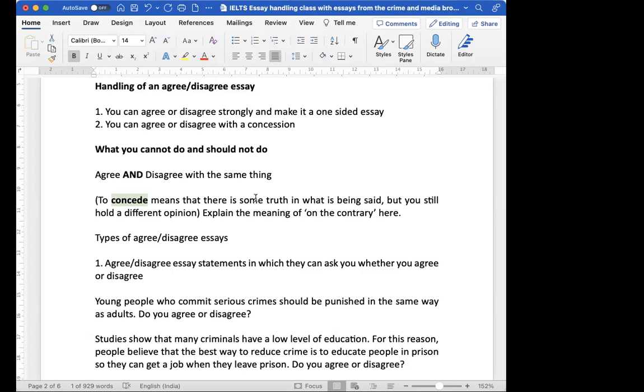Ma'am, in this type of essay, in one paragraph we show our agreement or disagreement, and in the second paragraph, if we are going with the concession, we will write down the paragraph of our concession. Exactly, Rabia. You will write the paragraph of concession. And generally, you should write the paragraph of concession first. And you can begin that paragraph with admittedly.